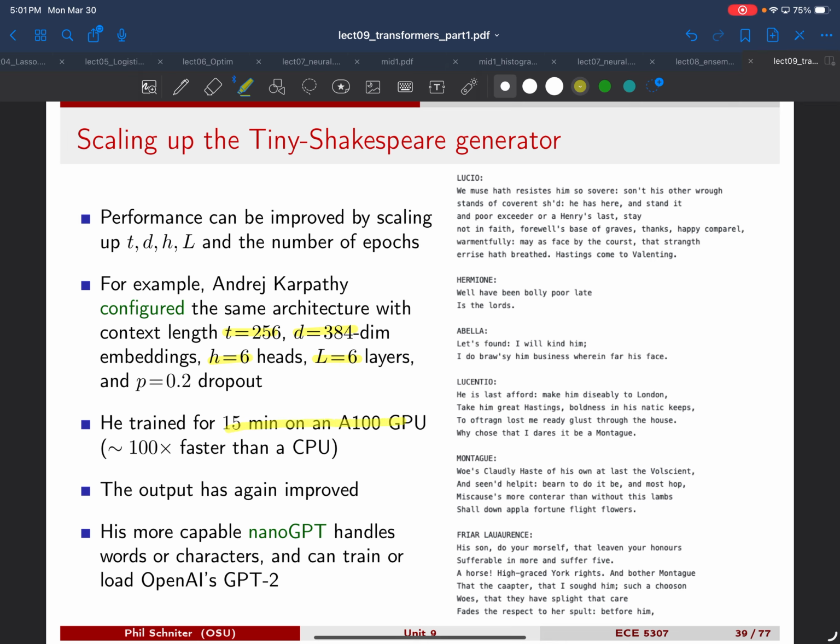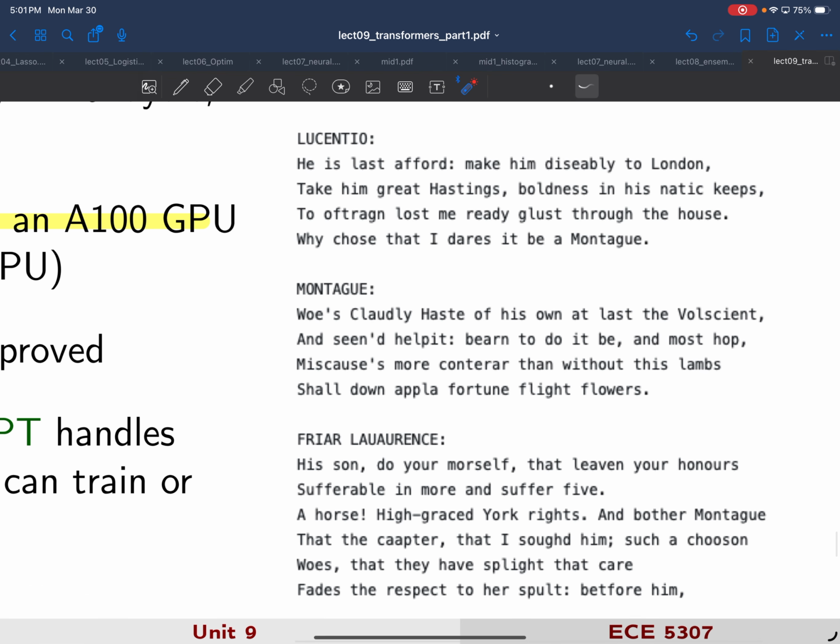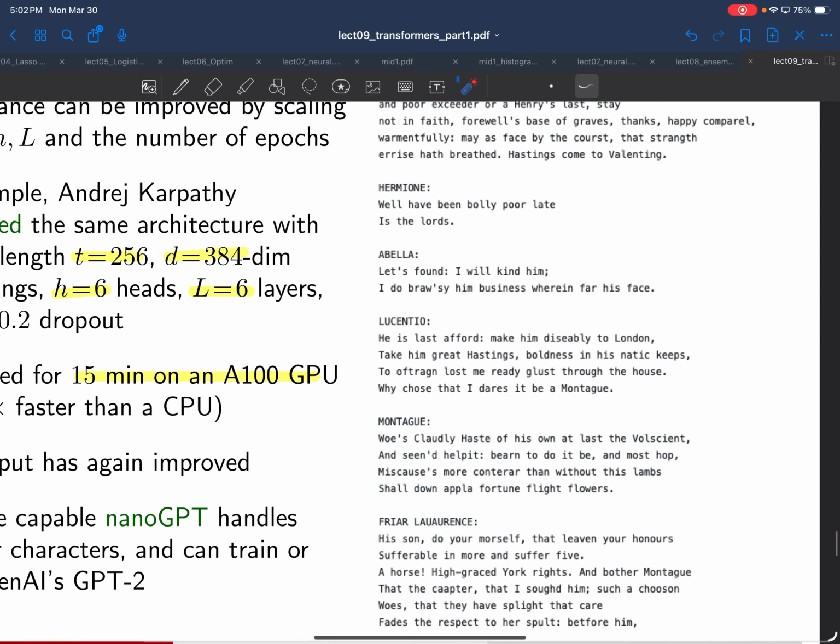for 15 minutes on what at the time was the most powerful NVIDIA GPU. Those cost at the time about $10,000 a piece, because we bought a few for my research group. And they're about 100 times faster than a CPU, roughly speaking. And for 15 minutes, you can afford to, I think he actually did only a fraction of an epoch, not even a full epoch. But if you look at his output, it's definitely a little bit better. You don't see those really strange words as much. The words look pretty good. Well, okay, there's a few weird ones, but overall, I would say it's an improvement,